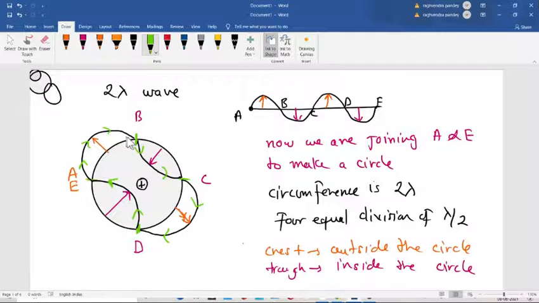will form the crest here. If you have any doubt, please ask. It will form the crest here, then it will form the trough here, it will form the crest, and it will go on the same path. If you have any doubt, then ask. Any doubt? So what is this, constructive or destructive interference? Is this constructive or destructive interference?